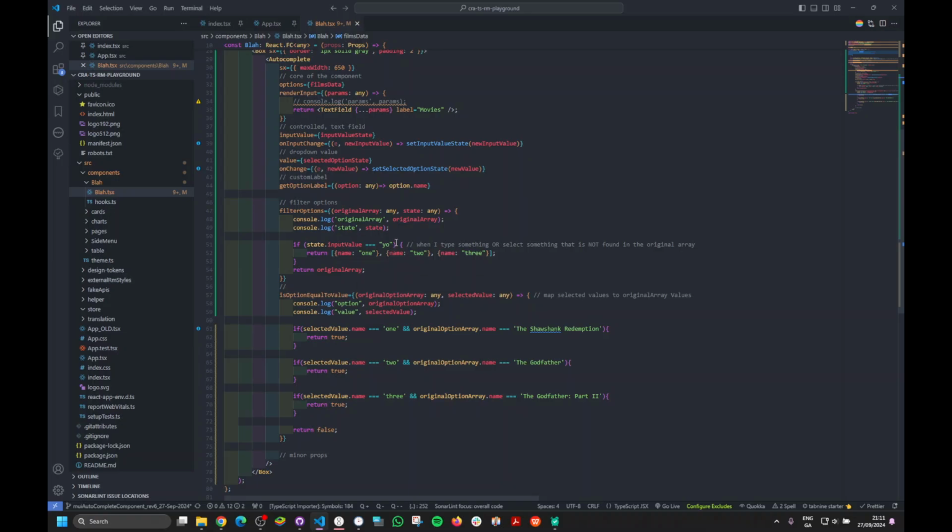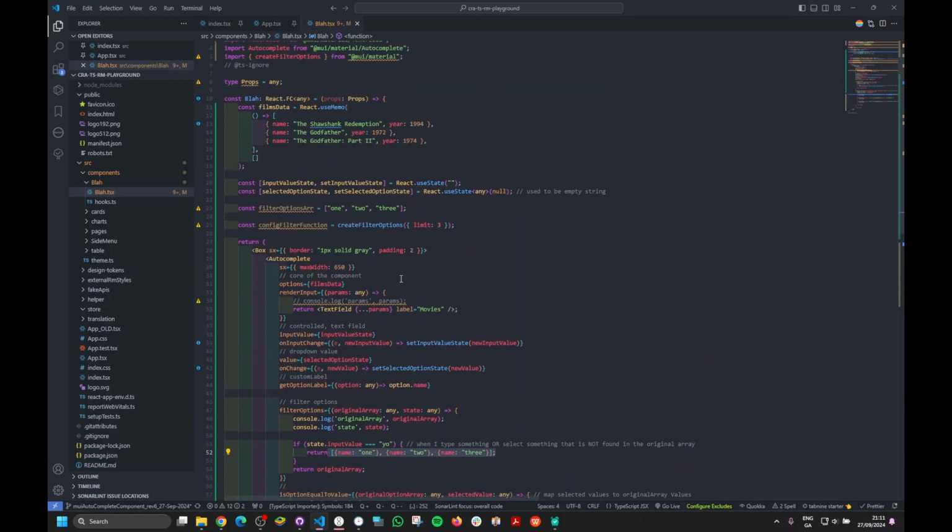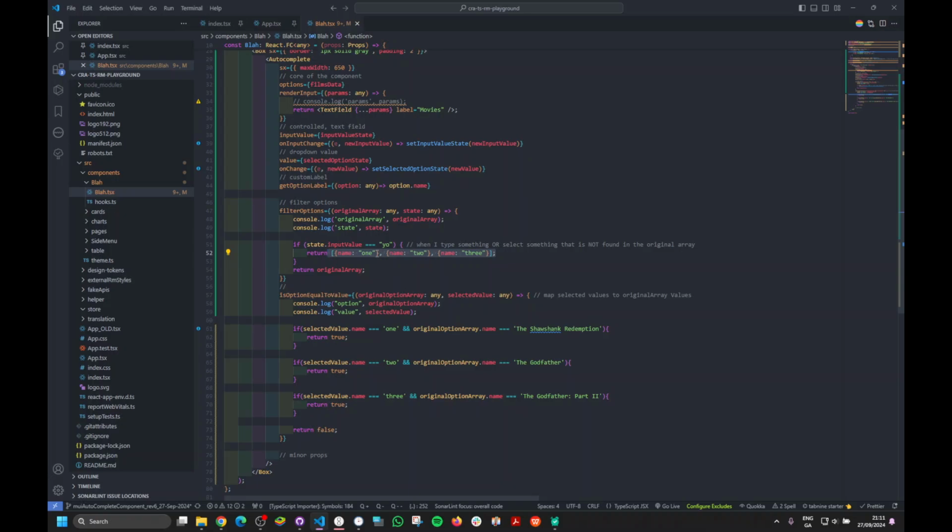For my example, I just used filter options, and when you input yo, you get a drop down with completely irrelevant options that don't have nothing to do with this drop down. So when you select these options, you're gonna get a yellow notification saying that, hey,